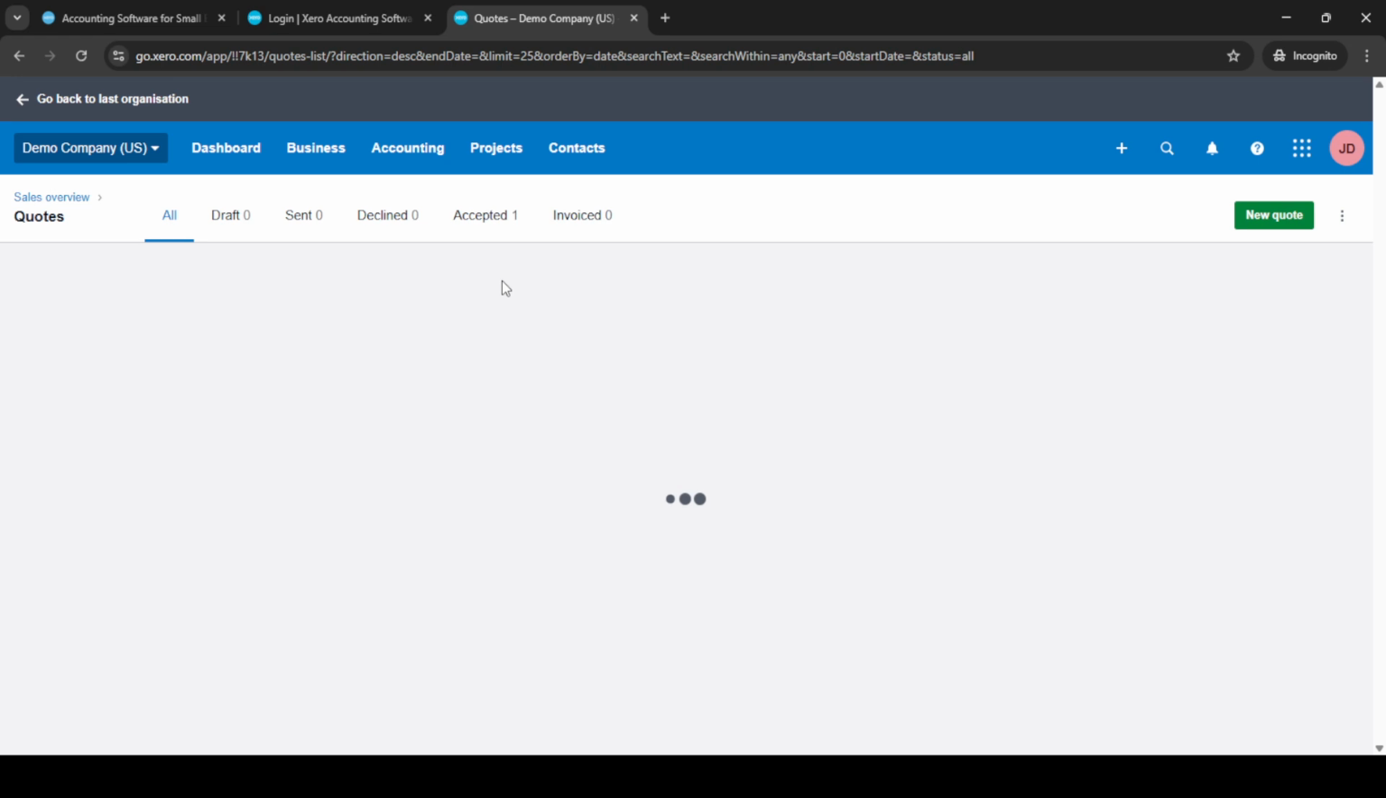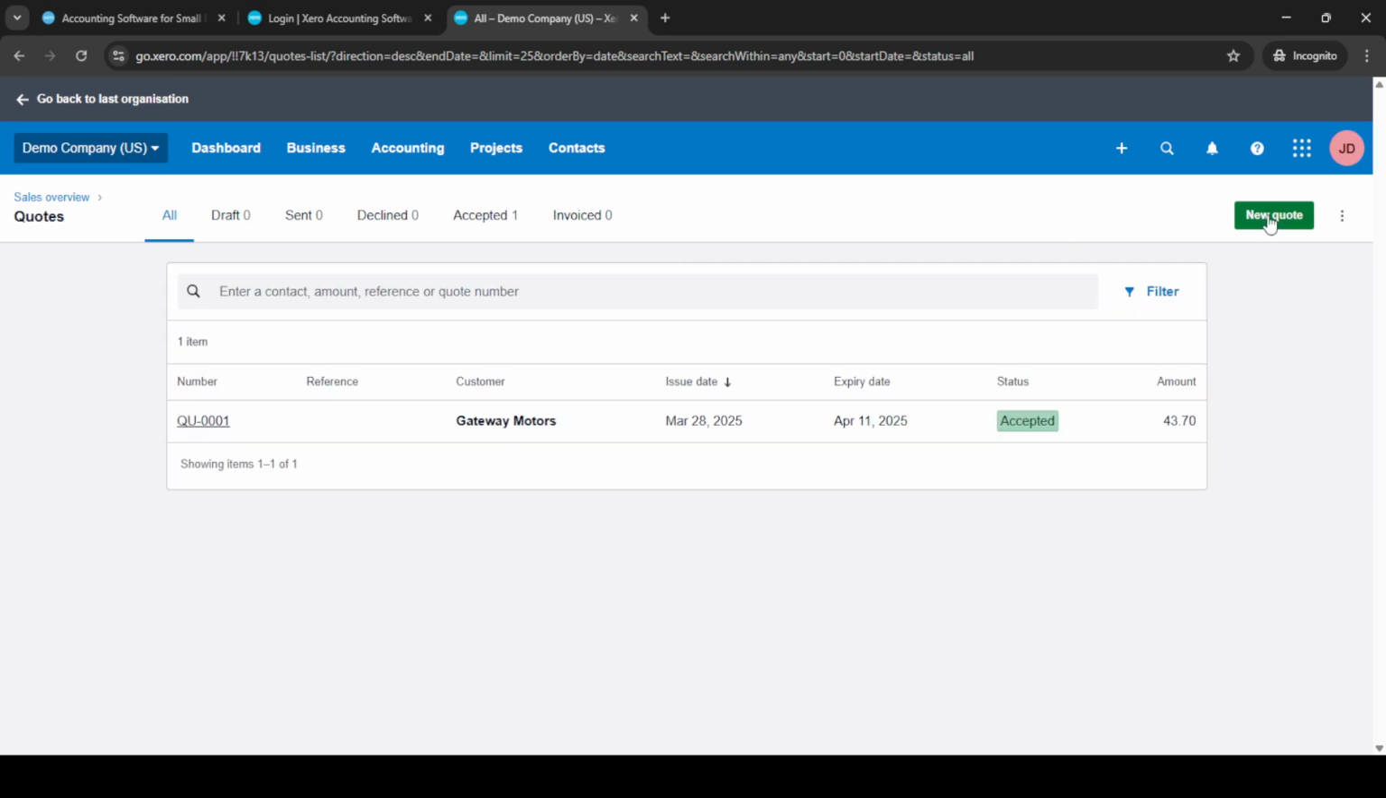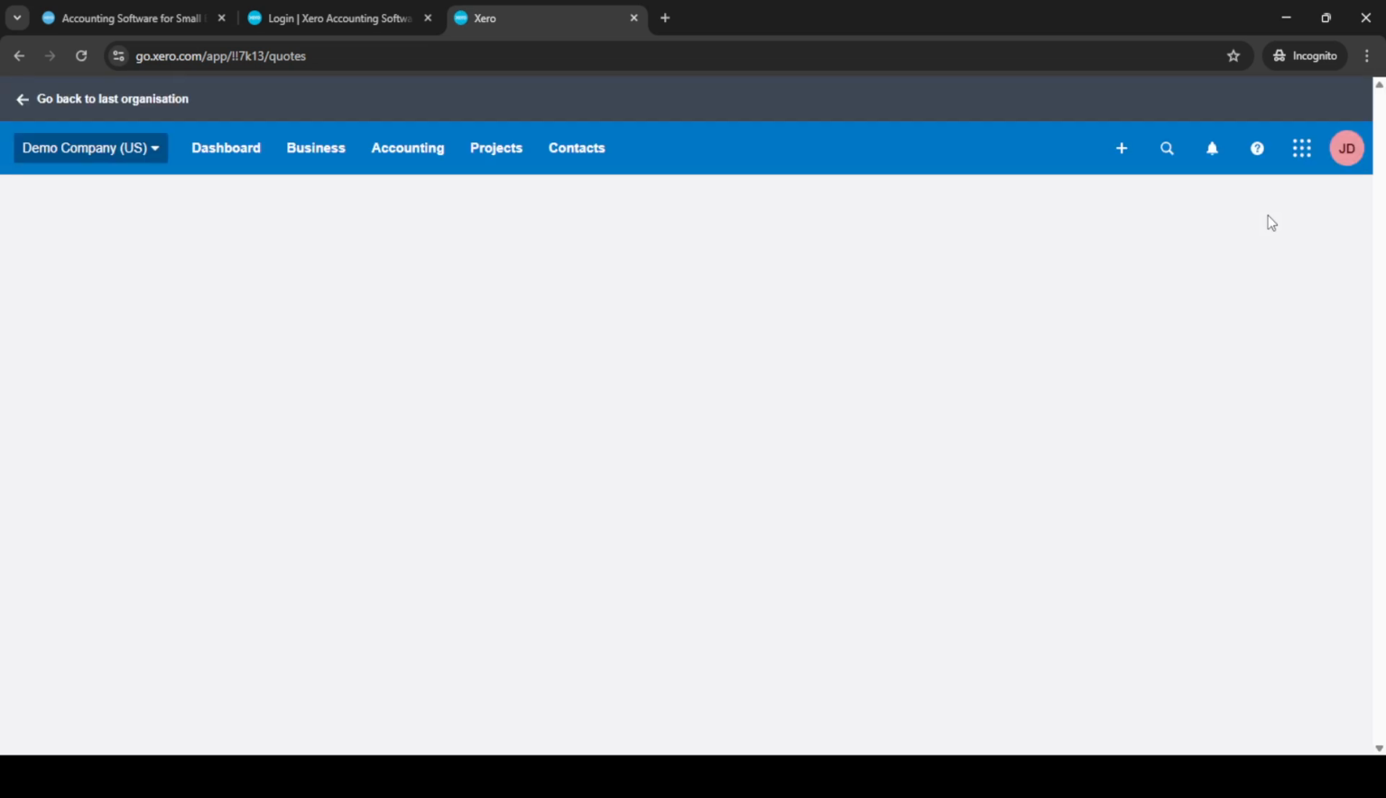Next, you'll want to create a new quote. You'll see the new quote option prominently displayed. Clicking on this will open up a new set of fields where you'll be able to input the necessary information